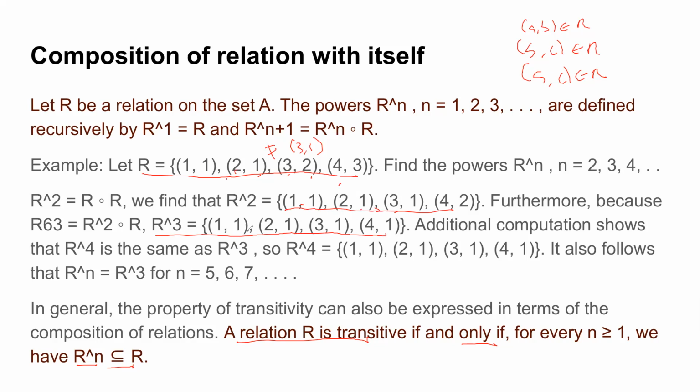It is, right, because for 1 1, you have say 2 1, 1 1, and then 1 1, or you have 3 1, 1 1, and then 1 1. So R3 is a transitive relation. Now if you look at any higher powers of R3, you will see it will always be equal to it, or in general, it will always be a subset of it. So in general, if a relation is transitive, you'll always find that its higher powers are its subset.